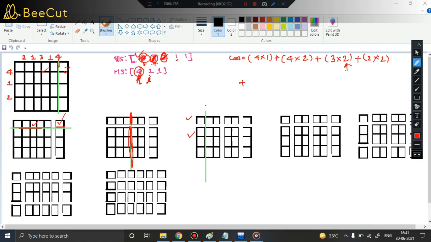So what will you pick? You will pick 2 again, meaning horizontal 2. Horizontal 2 means this one, so I will be cutting along this axis now. If I cut along this axis, the cost is 2 into how many horizontal parts are present. When you cut along the horizontal axis, you keep in mind how many horizontal parts are present. So 1 part, 2 parts, 3 parts, 4 parts. So 2 into 4 plus. Obviously this is done.